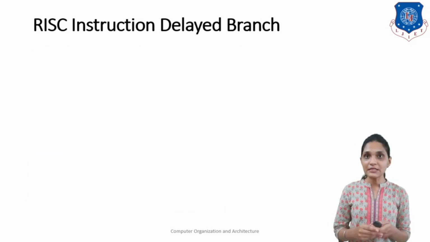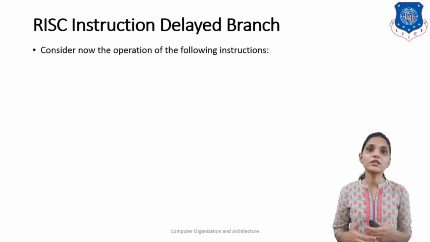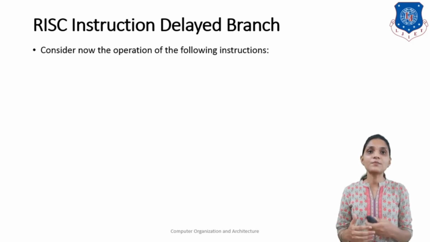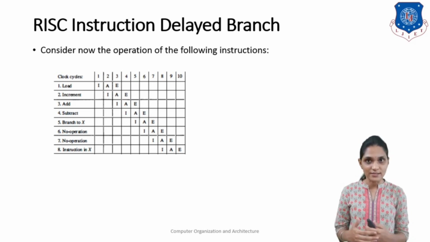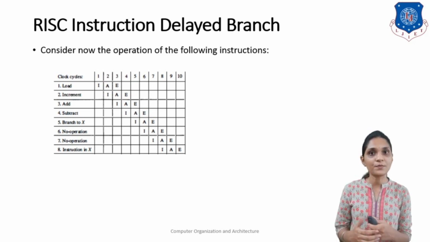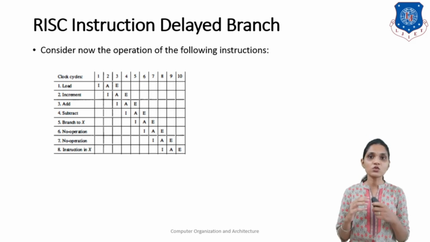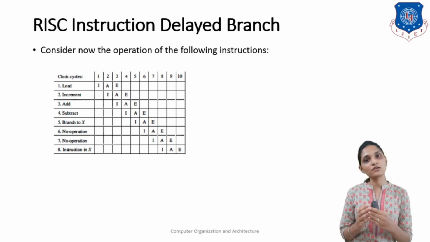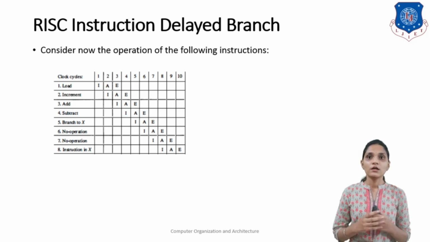It also uses delayed branch. In this, as we have seen for data, the same thing will be done with the branch. Whenever the compiler detects there is a branch instruction, it will insert some no operation instructions after your branch instruction. So here, as the fifth instruction is a branch instruction, the compiler will add 2 extra no operation instructions so that your branch instruction is first executed, and then according to its result, you will complete your next task. Okay, so in this way we can use RISC instruction.